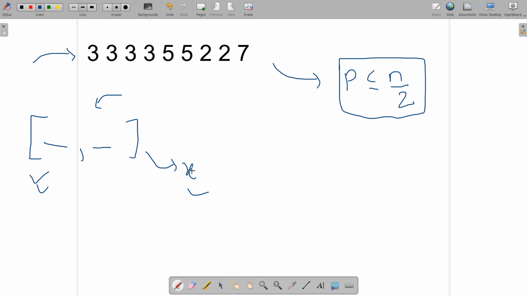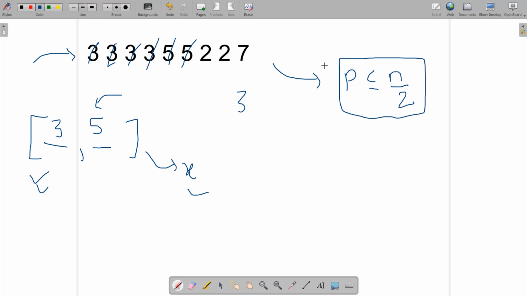Let's take an example and understand how we can approach these types of problems. Suppose we have some 3s and some 5s. If the set contains the element 3, we need not consider all the threes, and if the set contains 5, we need not consider all the elements that are 5. Now we need to find a minimum x, that is the size of the set being chosen, and also we need to ensure that the count of elements we remove is at least half of the size of the array.